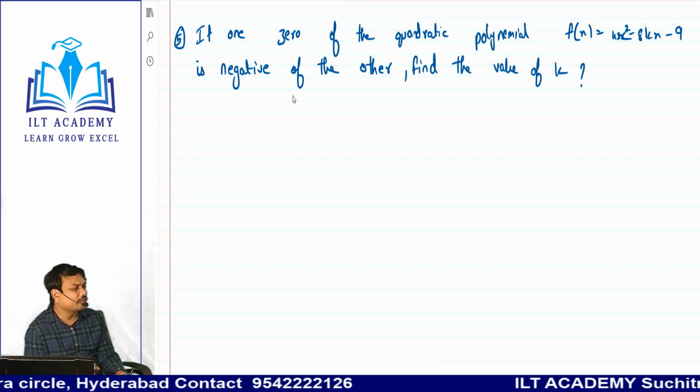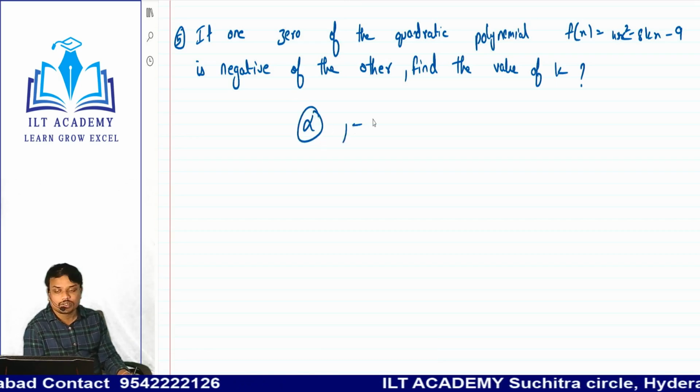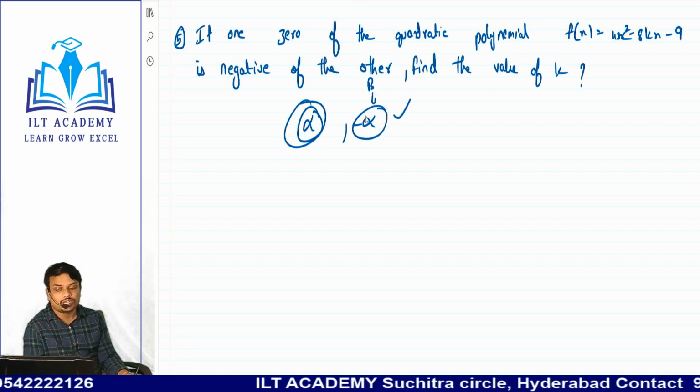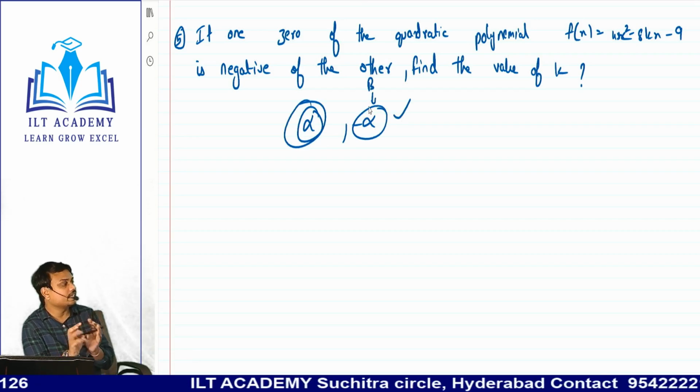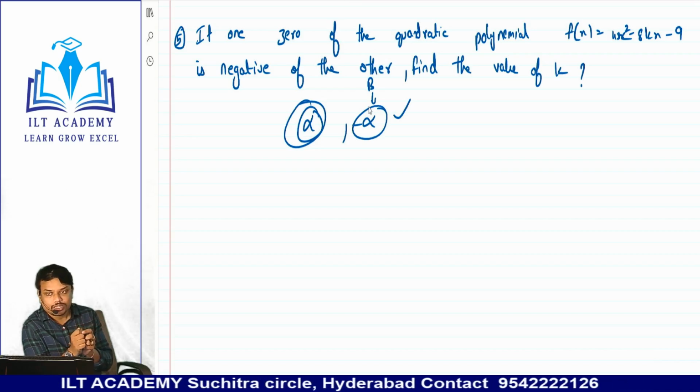Now what do you mean by negative बोल के बोल रहे? Now see, one is alpha, the other one will become minus alpha. They are telling that. Beta is going to become minus alpha. Negative. Clear? Negative number. समझ में आ रहा? Negative number बोल के बोल रहे. अब